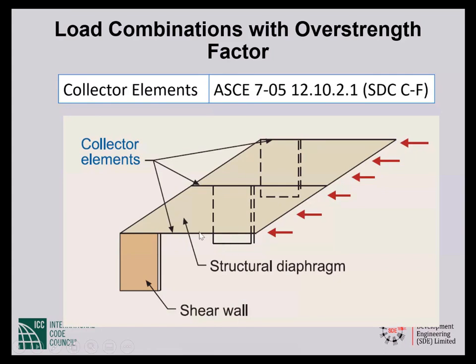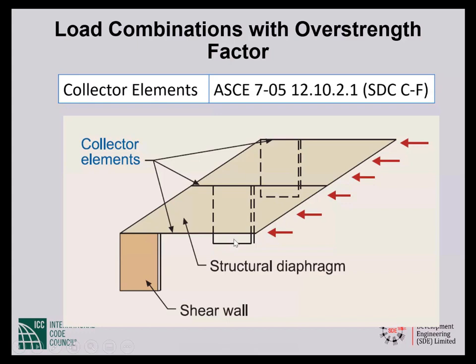If the entire width of the diaphragm, let us say 50 feet, were supported by shear walls or frames, the shear would have been directly transferred to the supporting shear wall or frame, and there would be no question of a collector. But if the situation is as shown in the picture, you have 50 feet of diaphragm edge and 20 feet of shear walls, there has to be a beam-like element collecting the shear forces and then delivering them